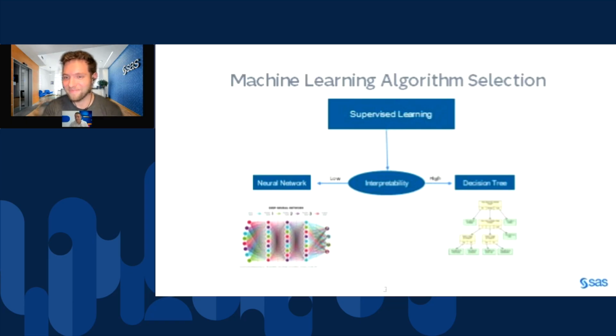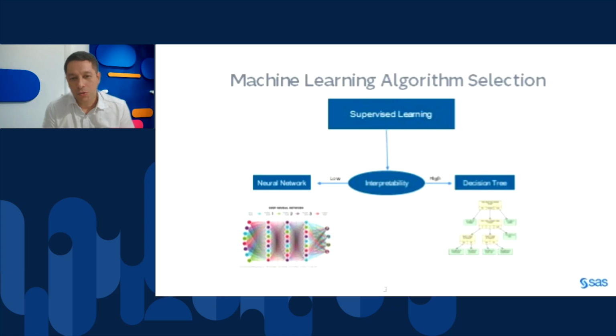Thank you, Thiago. Okay, I'm José, and I will introduce to you this very important area. This is explainable AI. I will start by talking about the selection of machine learning algorithms. When we start our projects in machine learning, we need to focus on this choice. What kinds of algorithms do we need to use?